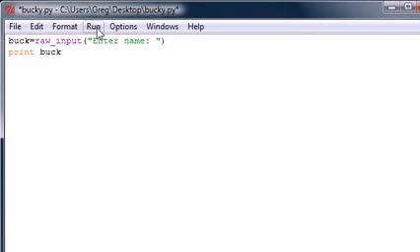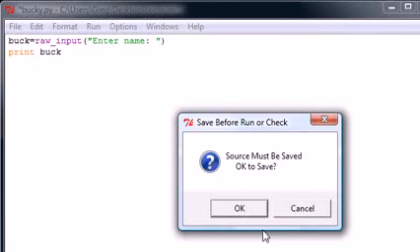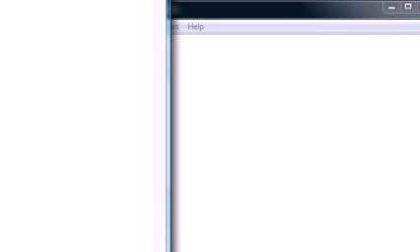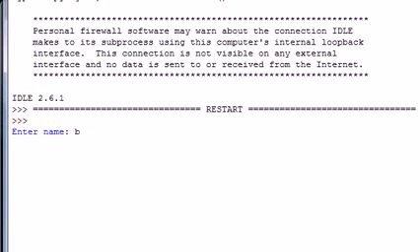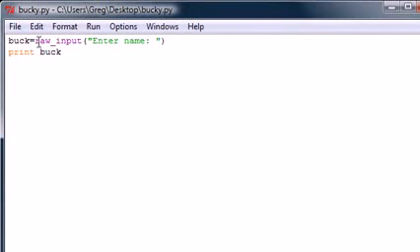So now whenever we run this module or program, let's go ahead and save this. Now it says enter name. My name is Bucky. Bam. So that is how we can use the raw input to get information from the user and convert it to a string. So again, the difference between input and raw input: use input whenever you want to work with expressions,